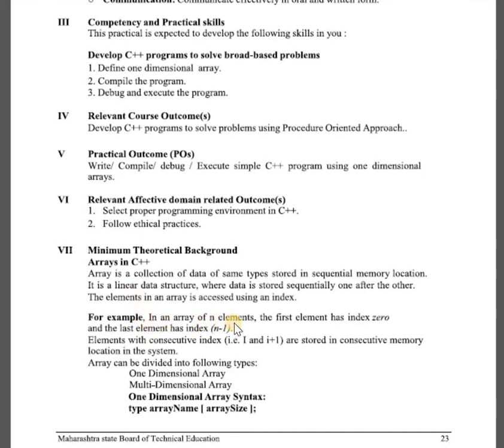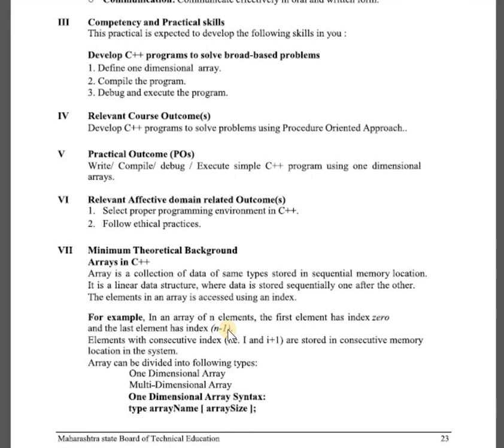In an array of n elements, the first element has the index 0. That means in C++, the index will start from 0. The first element has index 0 and the last element index is n minus 1.